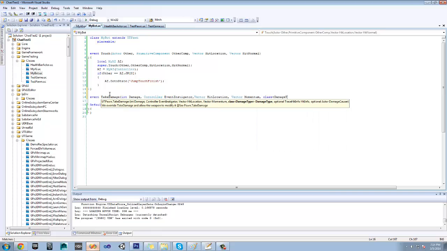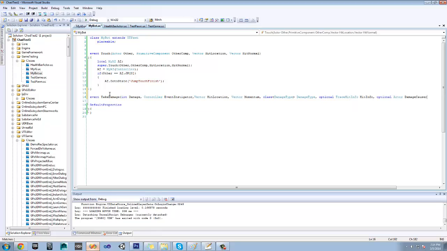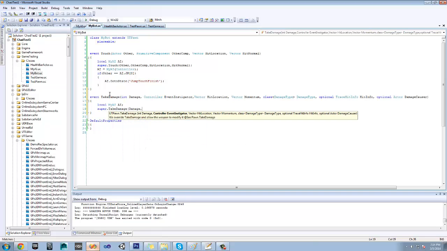then class damage type, optional trace hit info, optional actor damage causer, which is what we're going to be using right now because this is the most important thing we're going to need. So we're going to do the same thing up there above. We're going to say local my AI and super.take damage, and we're going to say damage,